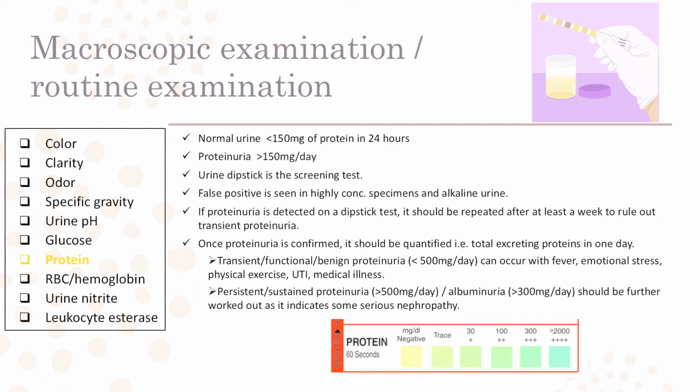So next is protein. Normal urine contains very little protein, that is less than 150 mg per day in 24 hours. We call it proteinuria, right? You just see the spelling of uria here. Wherever it is associated with something like glycosuria, proteinuria, lipiduria, it is always URIA, not UREA, because that is a separate thing. Urea is a separate thing. Here uria refers to urine. So proteinuria is whenever the urine has proteins greater than 150 mg per day.